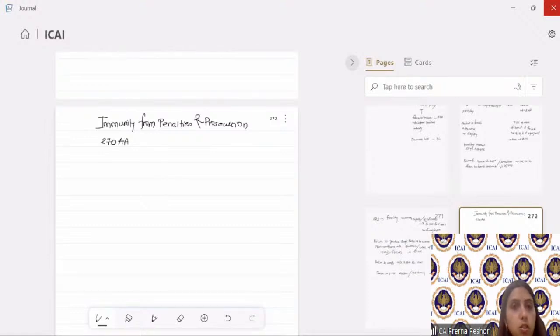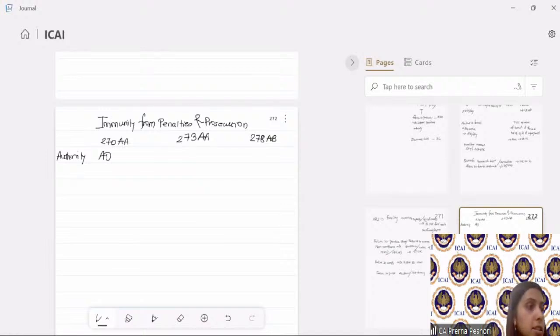There is also a section under 273A, and there is immunity from the prosecution available under 278AB. Now we will learn all three together. Let's try and understand first 270AA. Now here the authority is the assessing officer. So assessee can make an application to the assessing officer for grant of immunity from the imposition